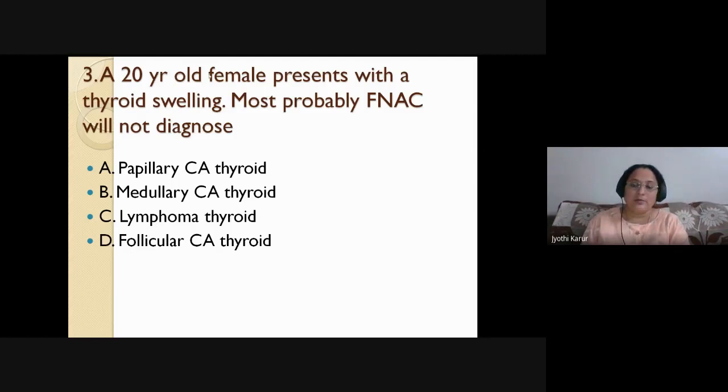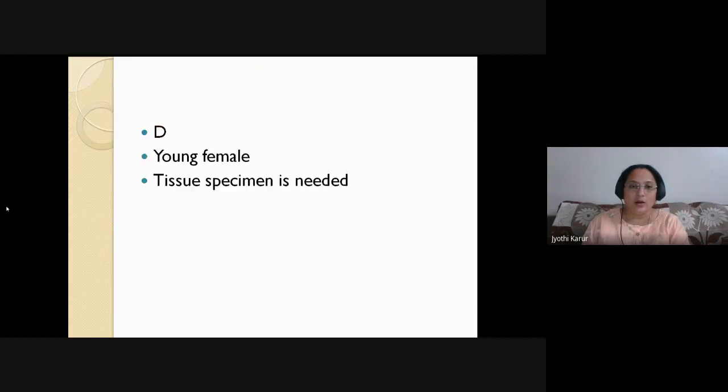Okay. So if you have follicular carcinoma in your options, you definitely need a tissue specimen. There will be multiple correct answers, but you have to choose the best answer. Papillary carcinoma can be easily diagnosed by FNAC. Even medullary carcinoma, and even lymphoma of thyroid, you can diagnose by FNAC. Suppose they give both follicular and Hurthle cell, what would you have put? The option would have been D only, because where you absolutely need tissue is follicular carcinoma and then Hurthle cell adenoma. Okay.